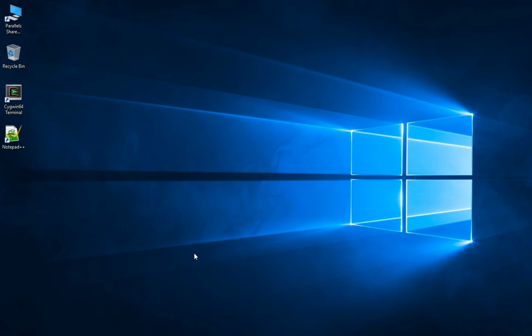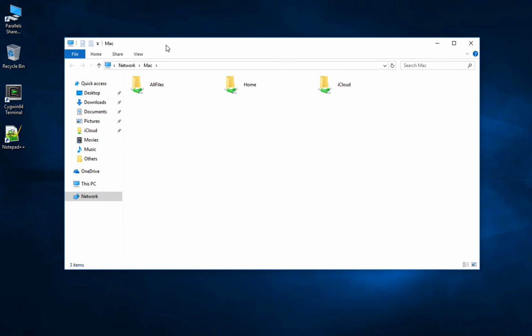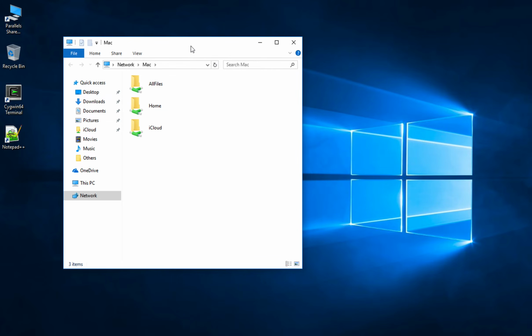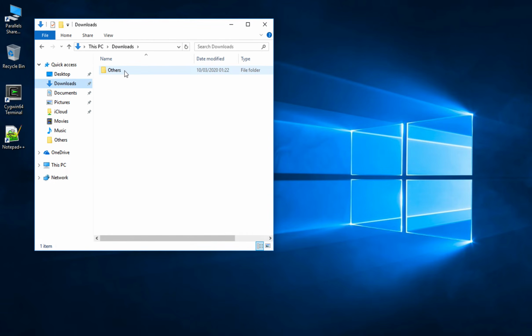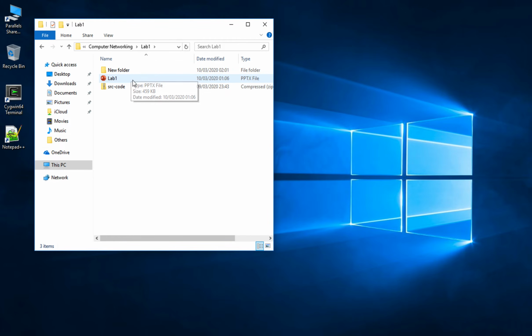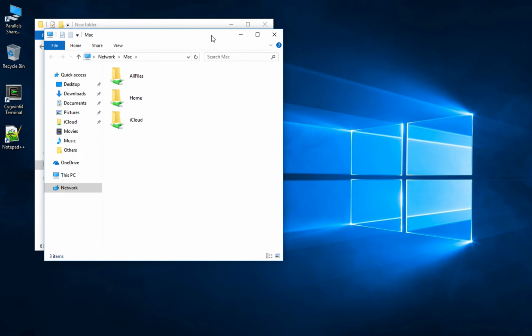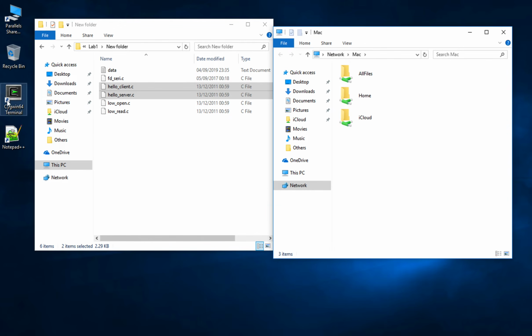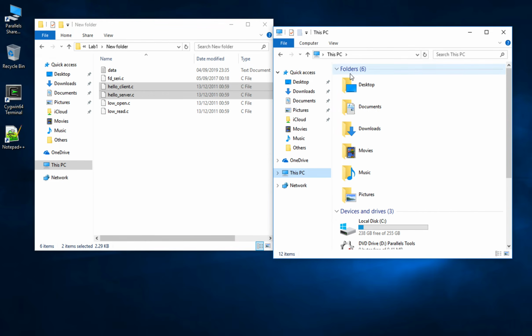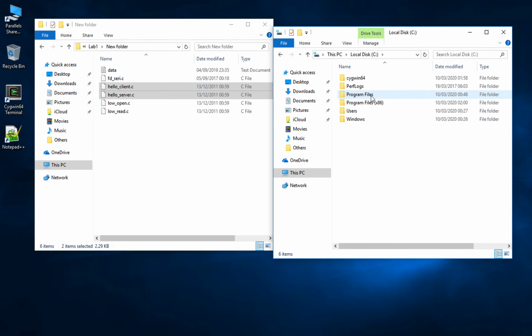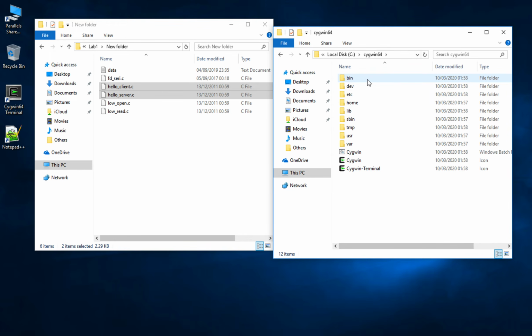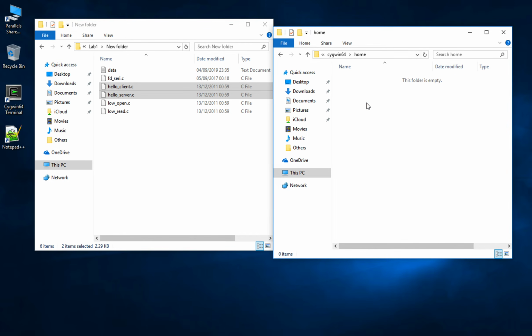Okay. In order to compile the source files, please pay attention to these steps because these are very important. You will have to copy these two files into a folder that is located in your C drive that was created when you were installing the Cygwin application. Okay, the folder is located in your C drive, Cygwin folder, home directory,